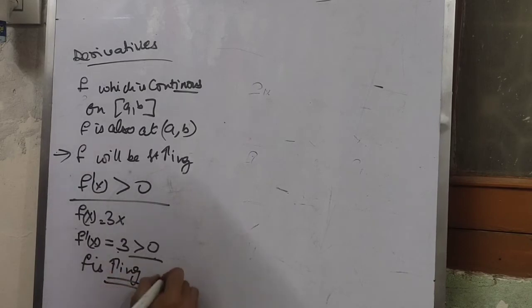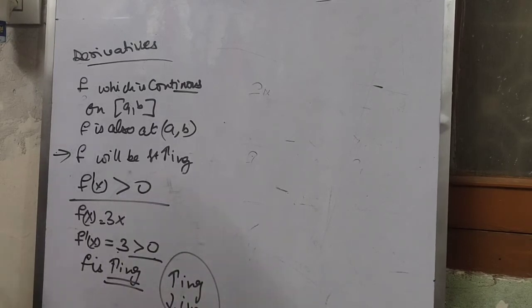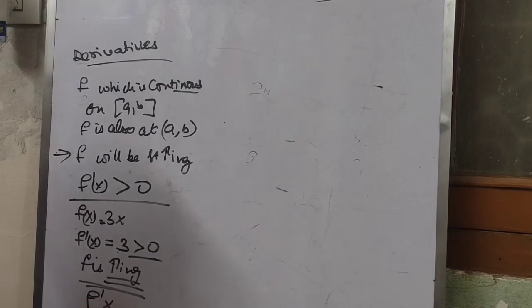If I say that my function is only increasing, then f is increasing. This sign is for increasing and this sign is for decreasing. I will be using these notations to make the work easier. So if the function is increasing, then my f dash x will be greater than or equal to 0. There will be a situation when you will either have equal to 0 or greater than 0. That will be the case when you say that my function is increasing.